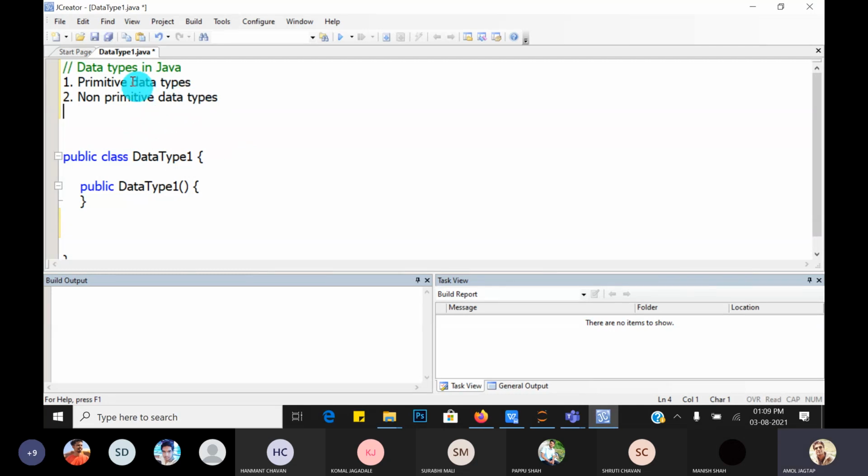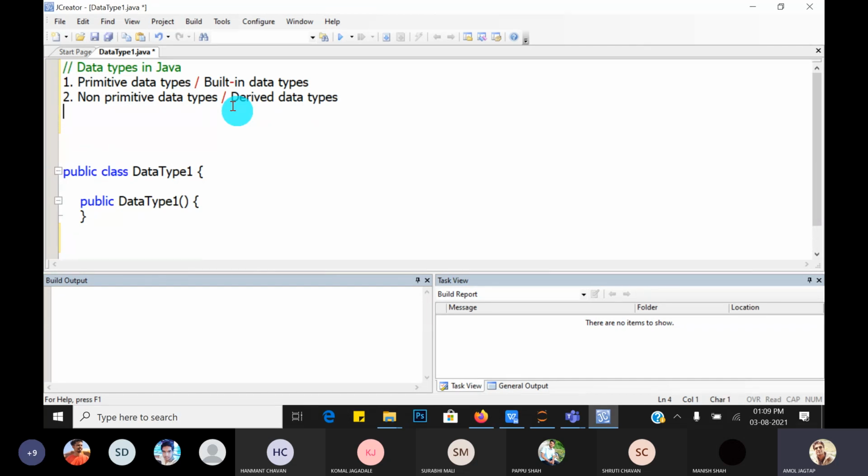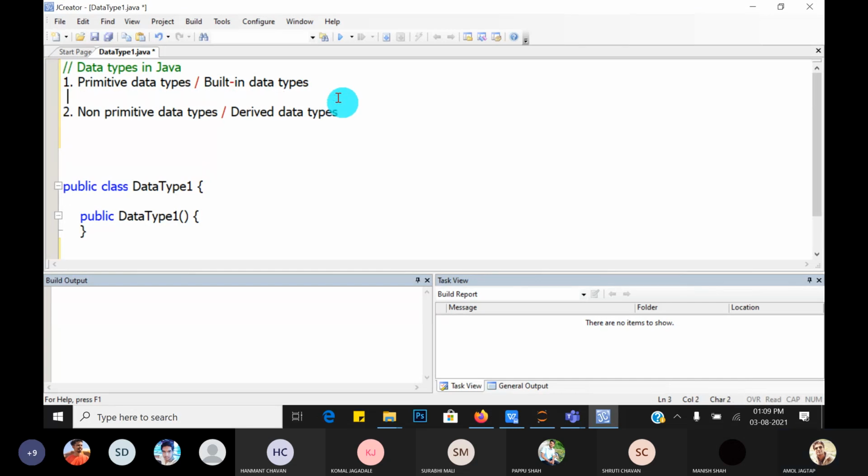Primitive data types are also called built-in data types. And non-primitive data types are also called derived data types in Java. Great. So again, primitive data types are divided into two types.